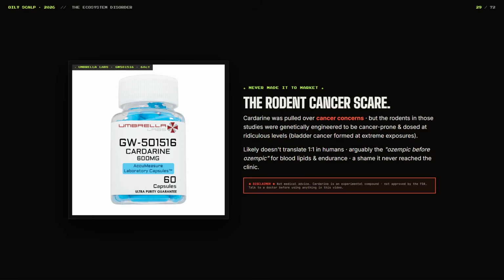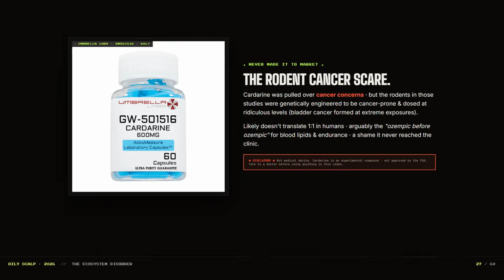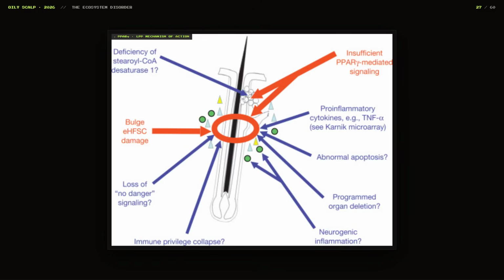In my opinion, out of all the experimental drugs, not telling you to use anything, by the way, this one looks pretty good. But I digress. Focusing back on the PPARγ receptor, it's concentrated in adipose tissue, being fat cells and immune cells. But it's also in and around the hair follicle environment, the pilosebaceous unit, as it's called.